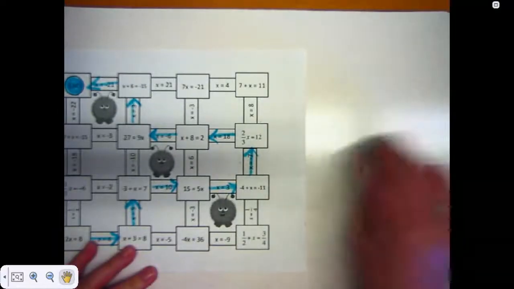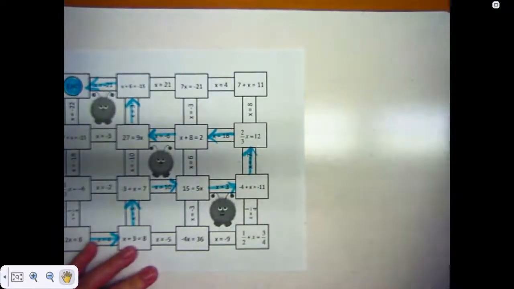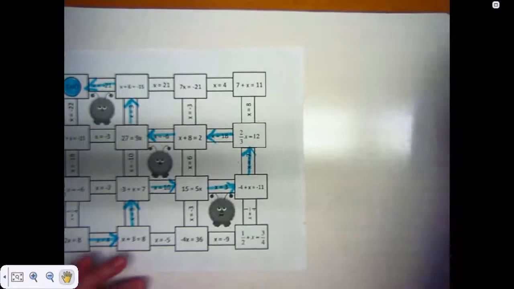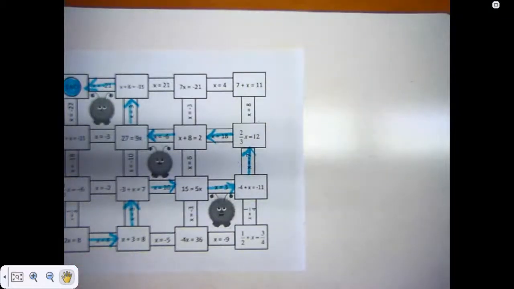We'll work on this some more tomorrow. And then, of course, next week is our Thanksgiving break. So we'll have a week off, and then we'll come back and we'll start doing multi-step equations, which is more than two-step equations. So good luck with this, and I will see you